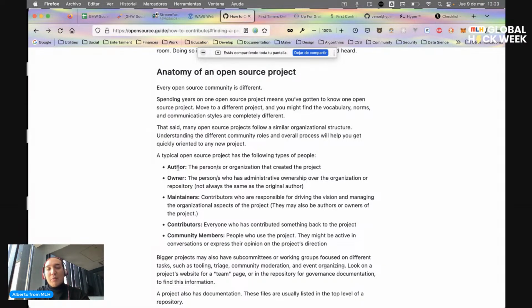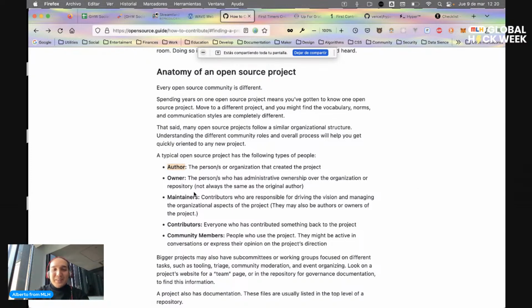First, there are the authors. The author is the person or organization who created the project, who's hosting the repo, who actually has the ownership.